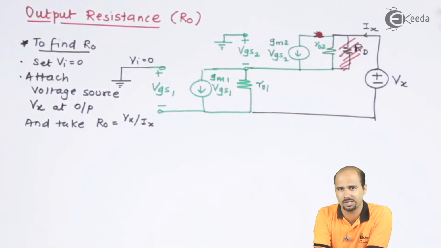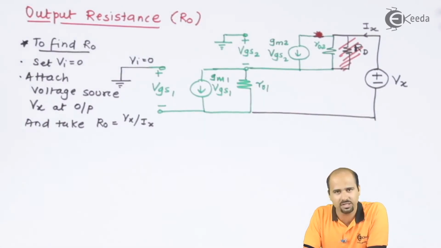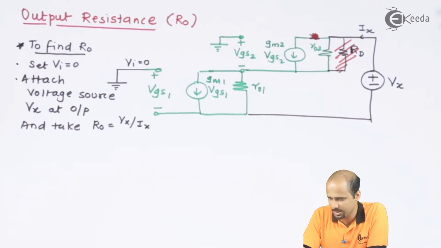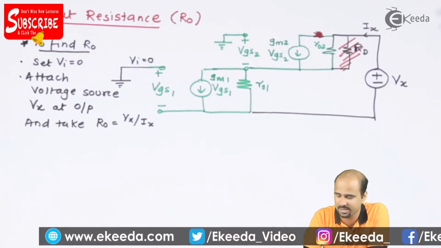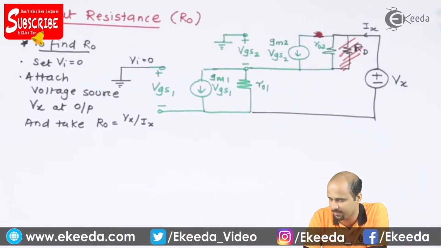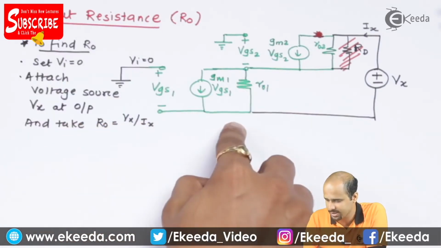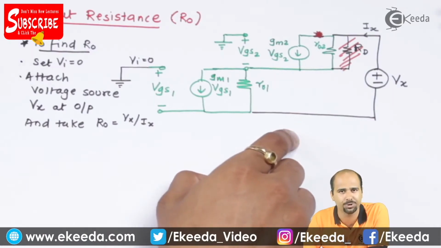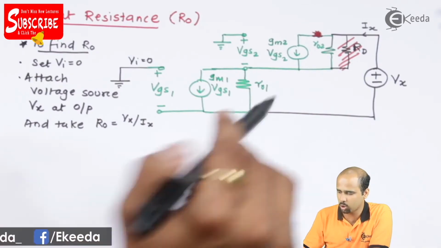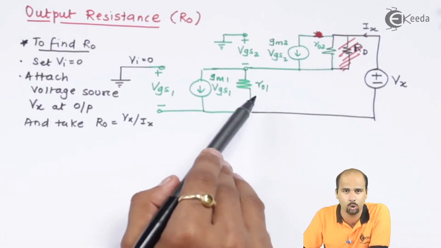Up till now what we have discussed is we are just looking at from the output terminal, and whatever the resistance we are getting, that we have considered as the output resistance. But see to it that here we have to play with two MOSFETs, and both the MOSFETs are connected with different modes, right? And these different modes are not directly connected to the ground, so I will not get the parallel combination directly. Rather, this RO2 will be having different current, and this RO1 will be having different current altogether.